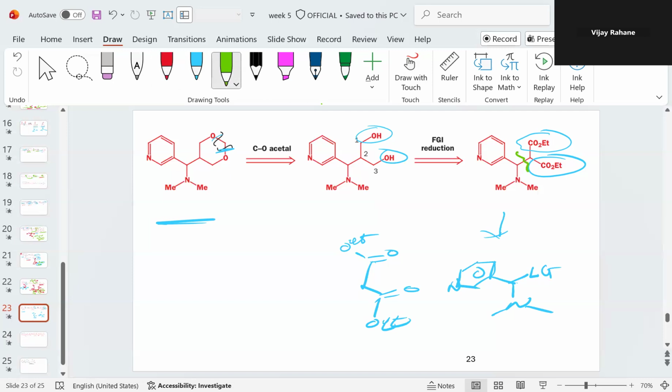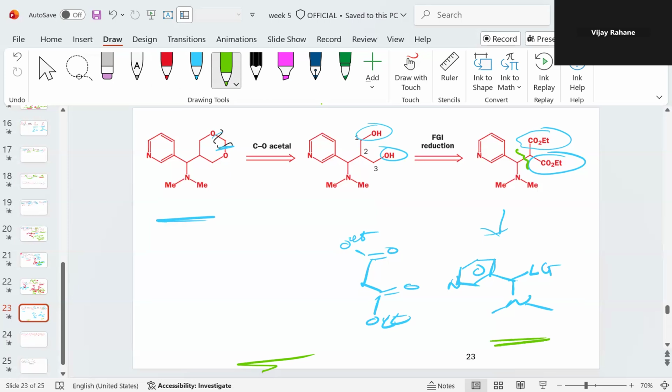So here also we can do a further disconnection to get a simpler molecule. And if you want to, we can also write the leaving group, or the proton, here. If you want to do further retrosynthesis for this molecule as well, then potentially this N,N-dimethyl can come from the,